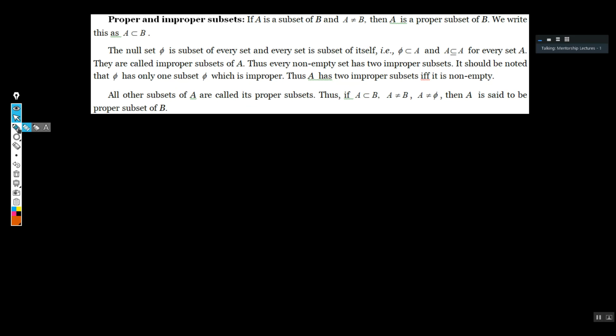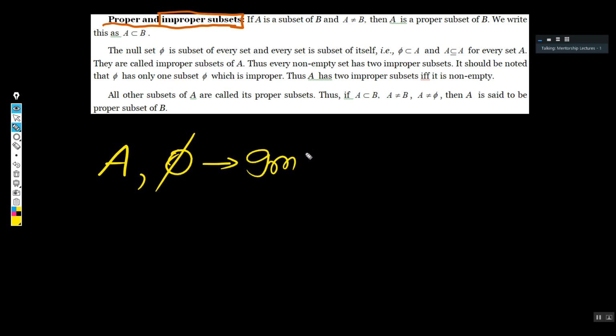And this is also to be understood properly because you may be getting direct questions on this in the objectives. Proper and improper subsets. Very simple, I'll tell you like this. If I explain what an improper subset is, then you will understand what a proper subset is. Improper subset means if I take a set A, it contains phi also as a subset. So A is a subset of itself and phi is also a subset. These two are called simply improper subsets.